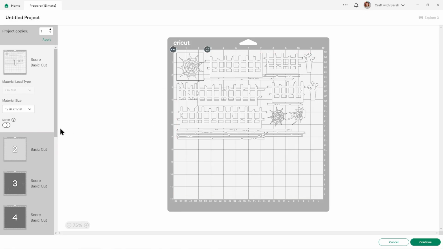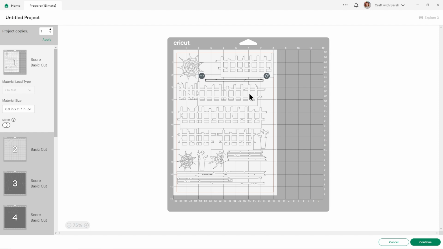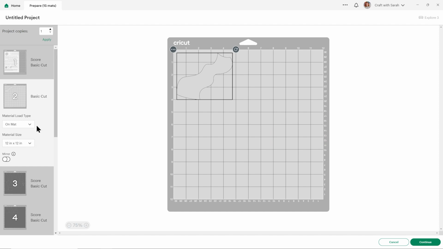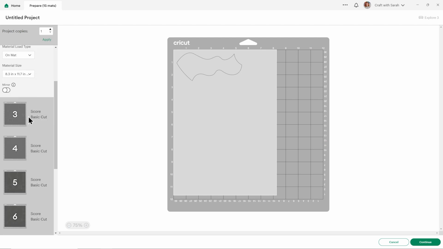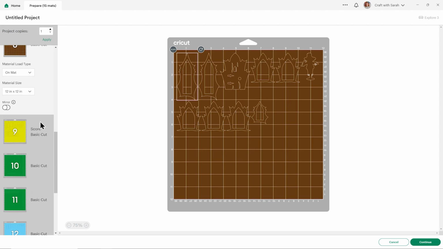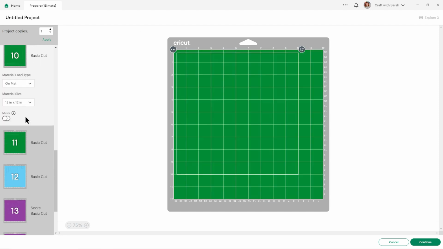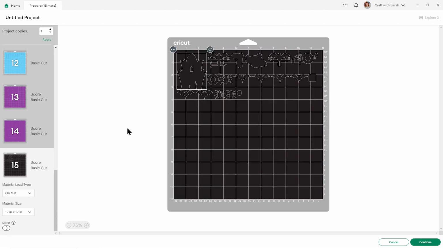This slight off-white colour that I've got, I would actually cut from white card. I just made it a slight off-white in the design to make it easier to see. You can change the paper sizes in here if you want to, and click and drag to move things about to take up less space, although actually that is filling the card very well. Then I've got my pale grey for the path outside the house. Then we've got a mid grey, there's a darker grey, and then a brown, a yellow or gold, green, the blue, which would be my vellum or tracing paper, a purple, and a black.